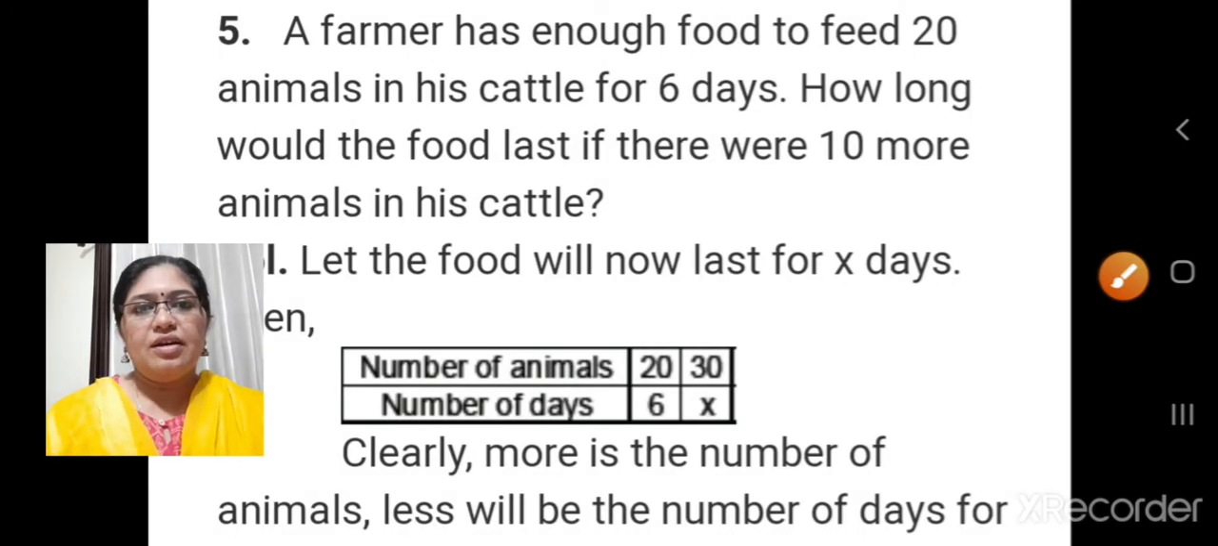Okay, children. Now fifth question. A farmer has enough food to feed 20 animals in his cattle for 6 days. Okay. So he is having sufficient food only for 6 days if it is 20 animals. Okay. So how long would the food last if there were 10 more animals in his cattle? There were 20 animals. If 10 more animals are brought there, then the food will last for how many days is the question. Okay, so